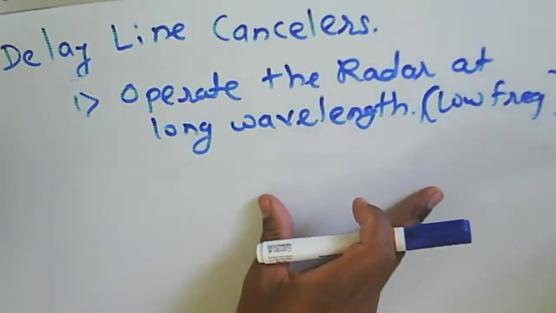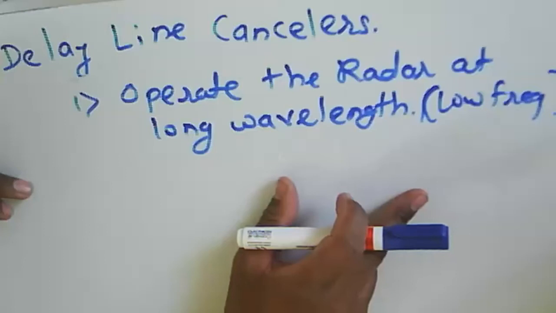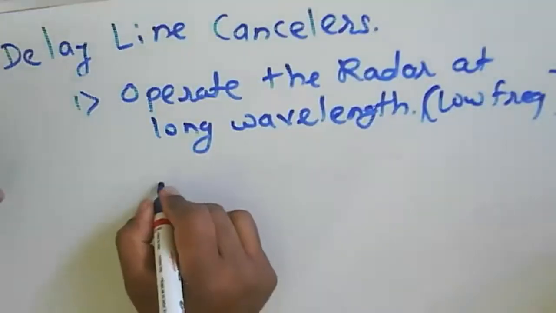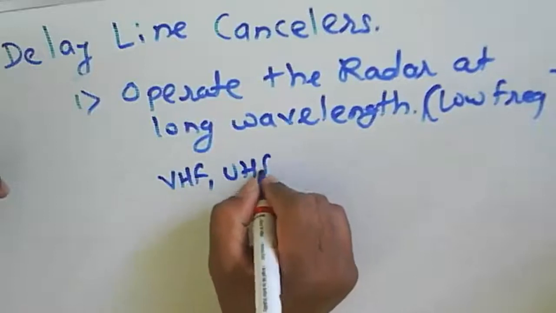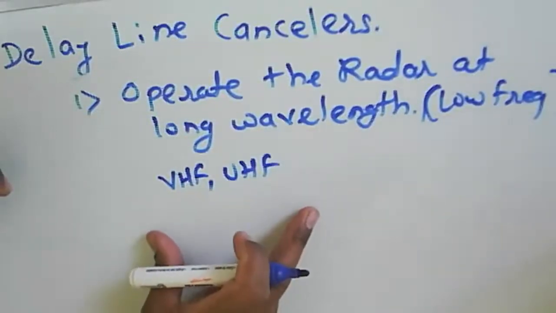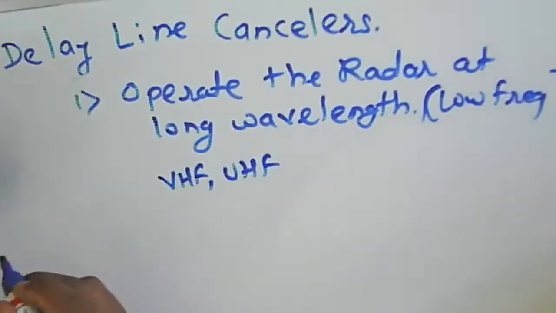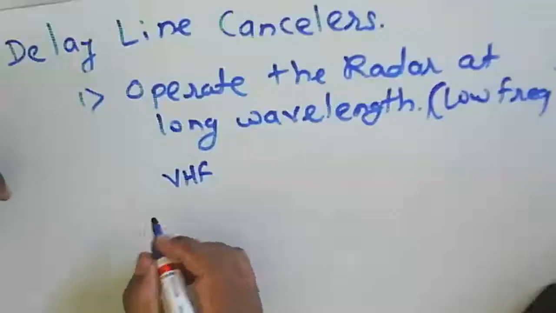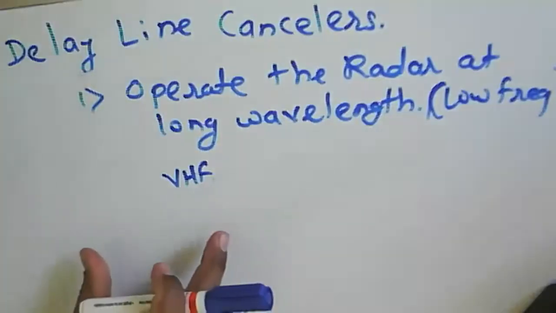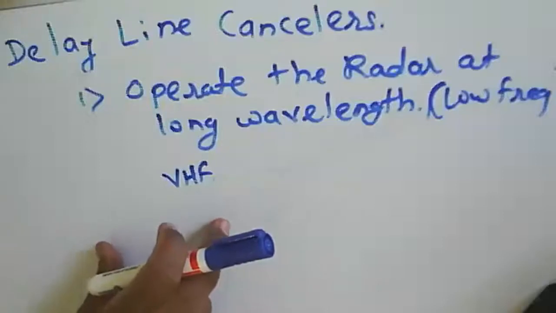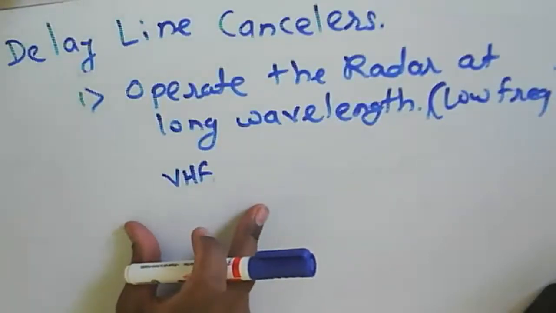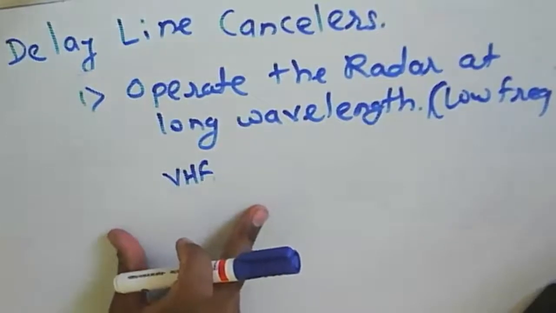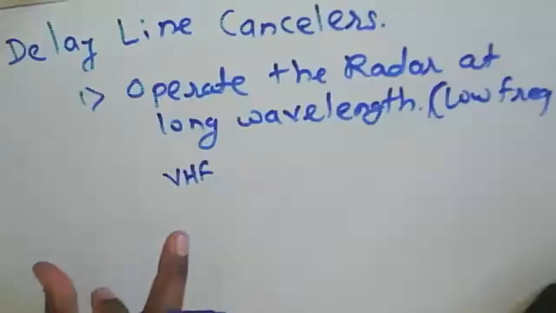But again, there are some limitations for low frequency, because in the low frequencies a lot of applications are present. Generally our radar will operate at the VHF band or UHF band. For example, if we are operating at the VHF band, there are a lot of applications there. So if we are using an MTI radar for moving target identification,